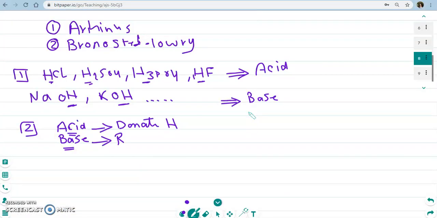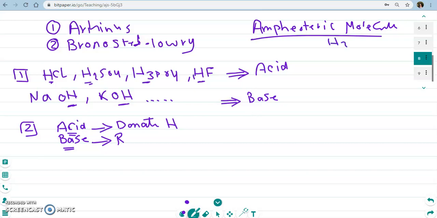So it's called an amphoteric substance or amphoteric molecule, meaning that, and this is for the water specifically, some other molecules too, it can always be either an acid or a base. Its nature is neutral, so the water is neutral,